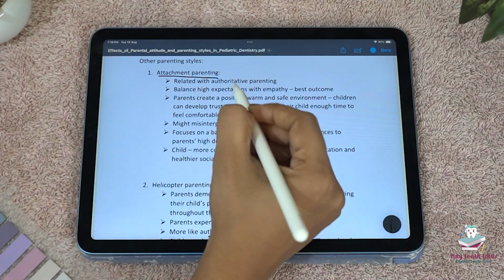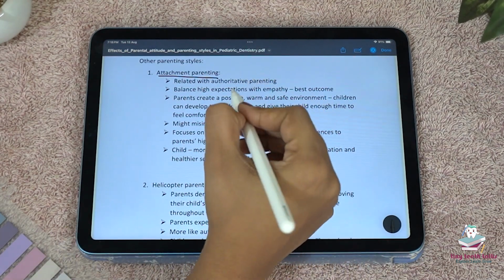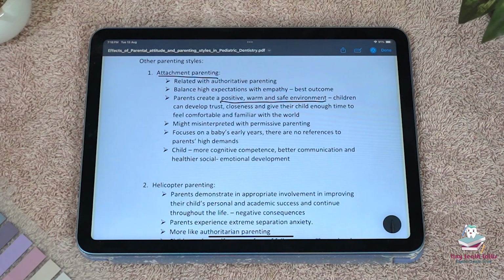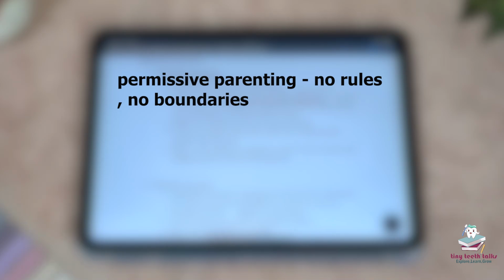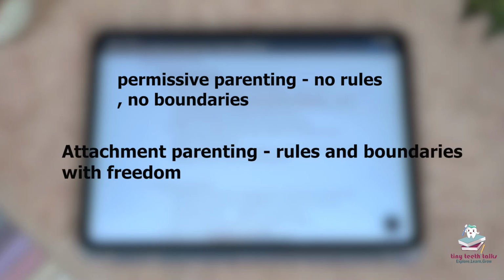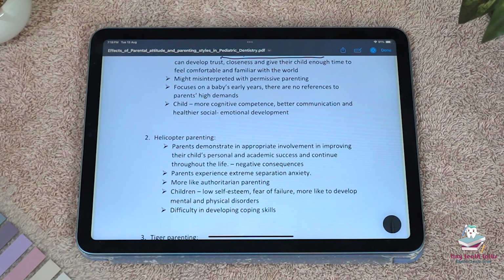Parents create a positive, warm, and safe environment so the children can develop trust and closeness, and give the child enough time to feel comfortable and familiar with the world. This parenting style might be misinterpreted as permissive parenting, but no. In permissive parenting, there are no rules and no boundaries, but in this style, they have rules and boundaries with freedom. They focus on babies' early years. There are no references to the parents' high demands, and the child has more cognitive competence, better communication, and healthier